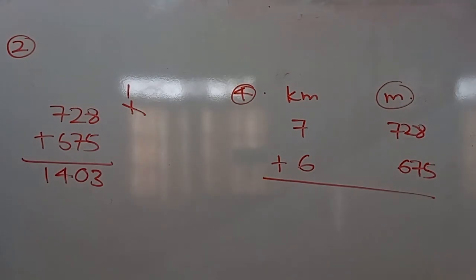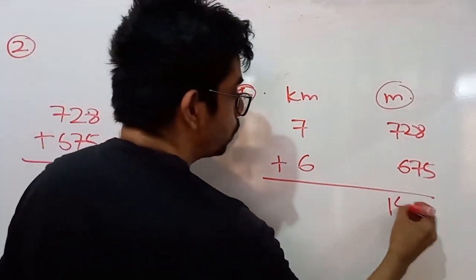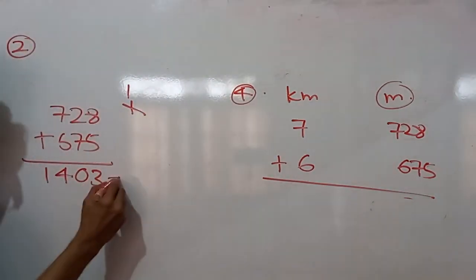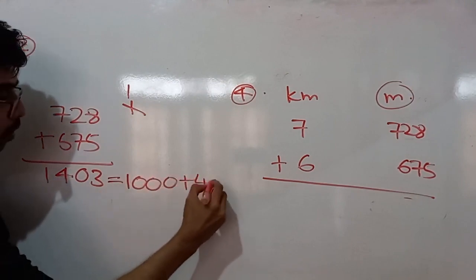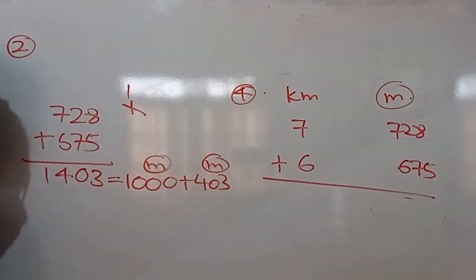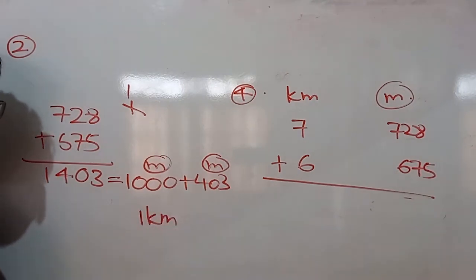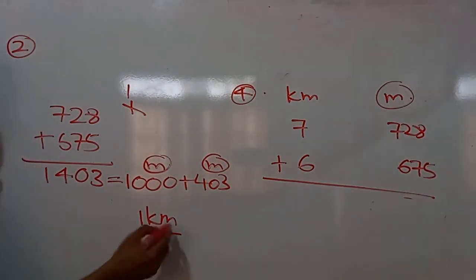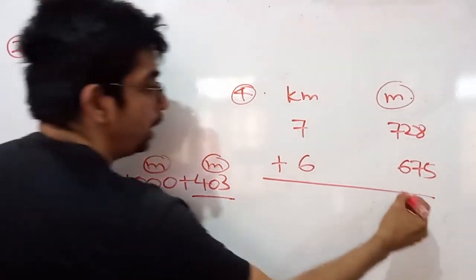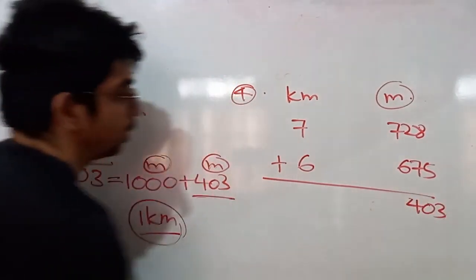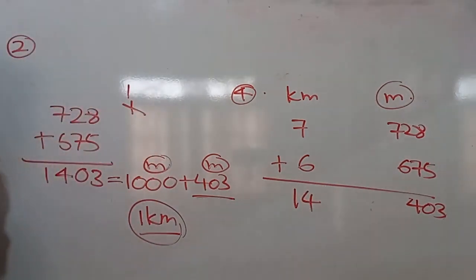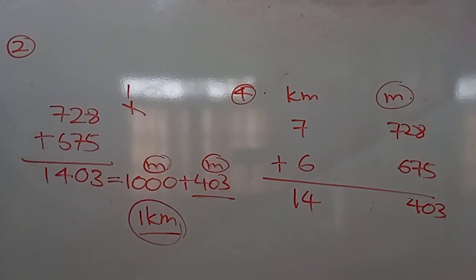These are meters. දැන් මෙතන අපිට 1403 කියලා හැම ලියන්න බෑ. ඒ සෙල්ලම් දාන්න බෑ. ඒ ඔට්ටුනේ. Why? We can break this into what? 1000 plus 403. 1000 meters and 403 meters. What is 1000 meters? When we convert it into kilometers, 1 kilometer. කලින් වගේම තමයි. මේක අපි meter side එකකින් නම් මෙහාට දාන්න. මේ ටික තමයි අපි මෙතනින් ලියන්නේ. So this will be what? 403. 7 plus 6, that is 13. Add the 1, it becomes 14. So the answer is what? 14 kilometers and 403